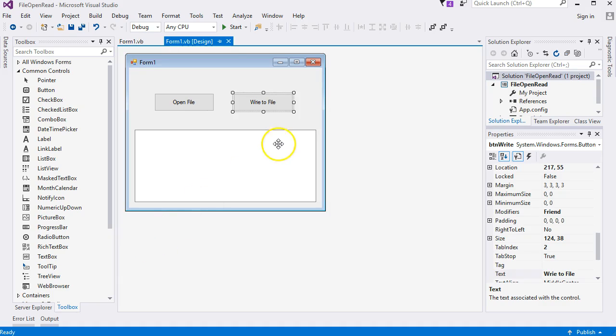I'm Kenny Carney, and in the previous video we had an open file button. We clicked that and we read the contents of a file line by line. We are now going to write to a file. We're going to write that file, update the text file, add another button to your form,